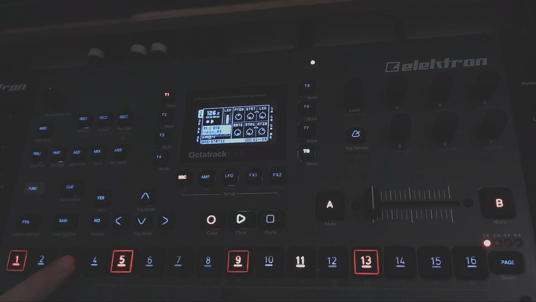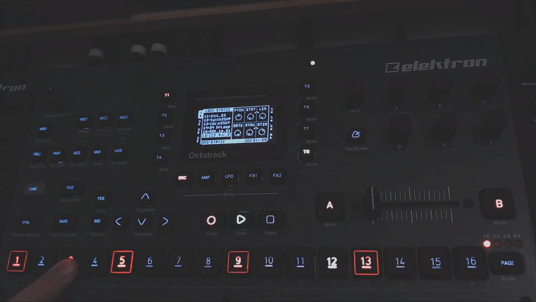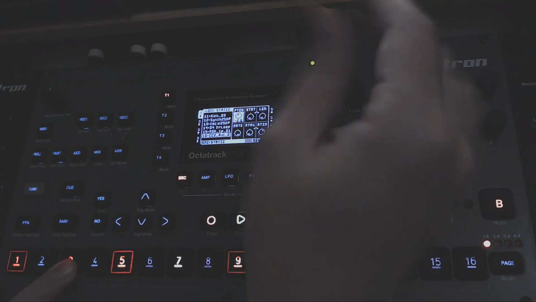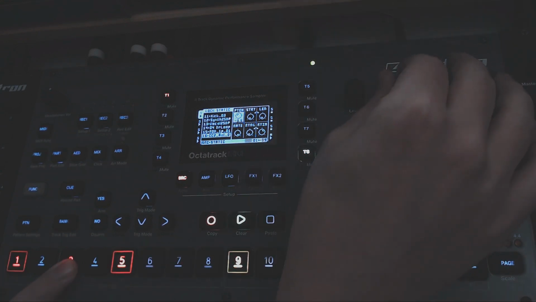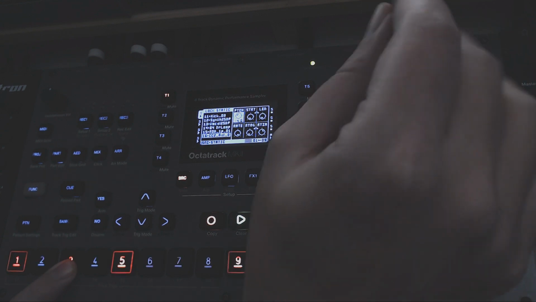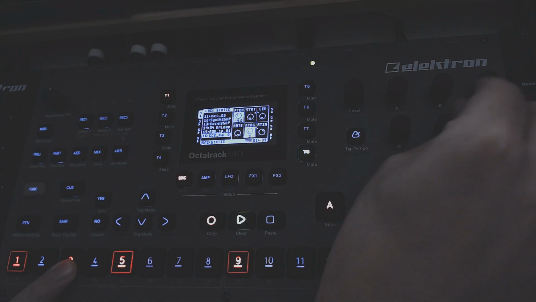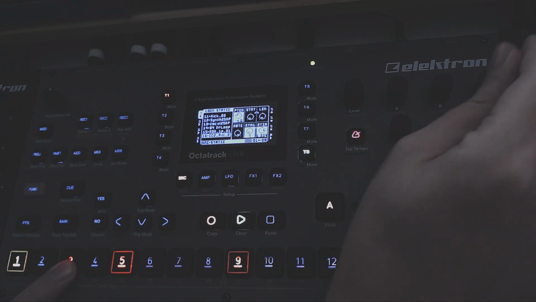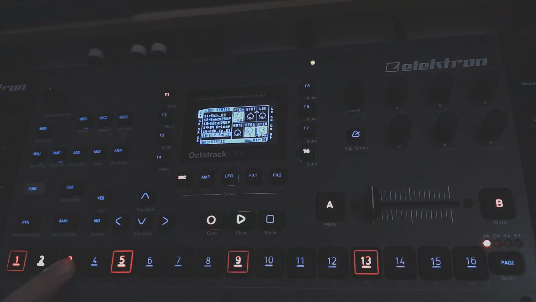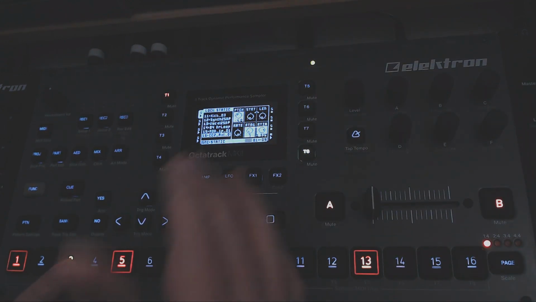Now of course I could also work with the sample like I would be able to on any normal track. For example, I can change the pitch. I can also use Retrig. So now I used